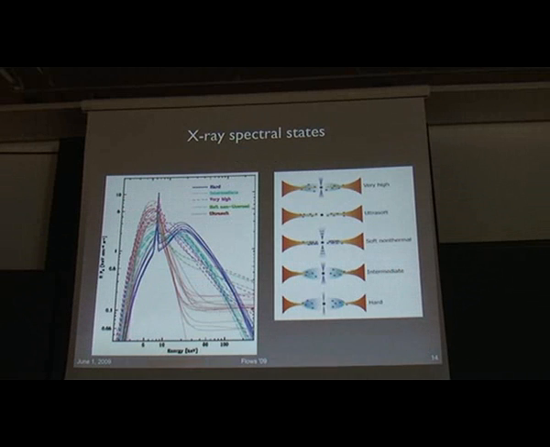This is a collection of all the spectra collected at the time, about a year ago, just over a year ago. All the RXTE spectra of Cygnus X-3, where you can see the soft state spectra and the harder state spectra. And Cygnus X-3 is very interesting because it exhibits all of the states of X-ray binaries, from the hard to the intermediate. There's the very high, there's the ultra soft. The interesting thing to note with Cygnus X-3 is that most X-ray binaries in their hard state peak at around 100 keV, and Cygnus X-3 peaks much lower at about 20-30 keV.